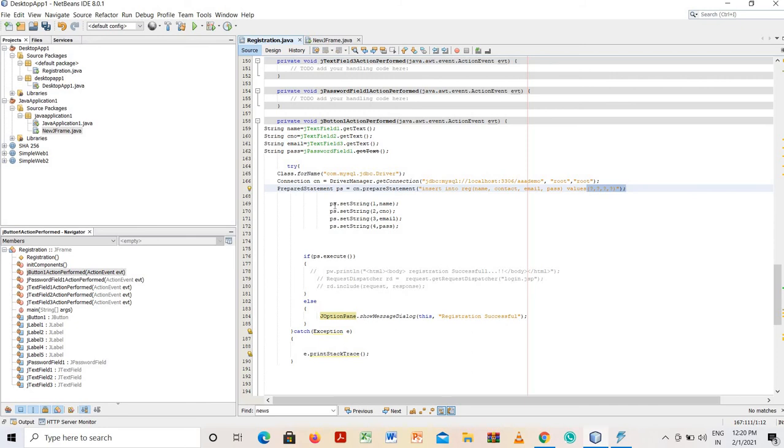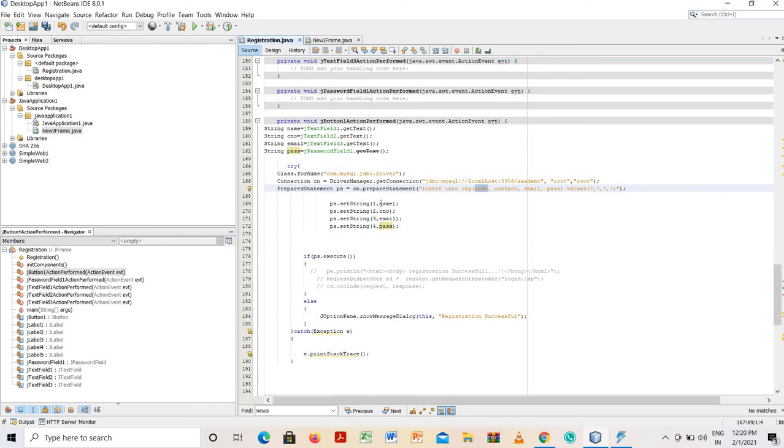Now these values I am going to set here. ps.setString name, which I have taken from jTextField1. C number, which I have taken from jTextField2. Email, which I have taken from jTextField3. Password, which I have taken from jPasswordField1.